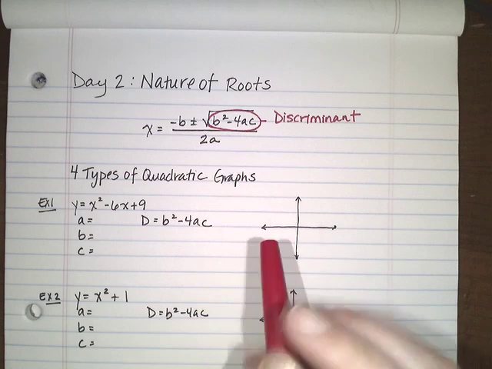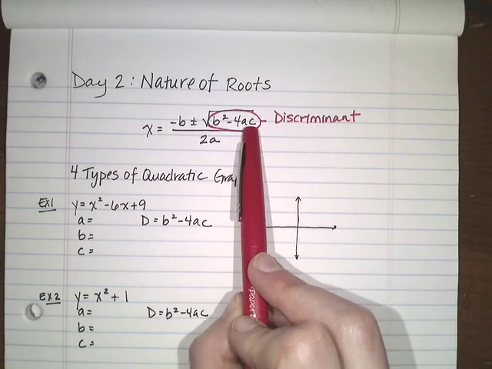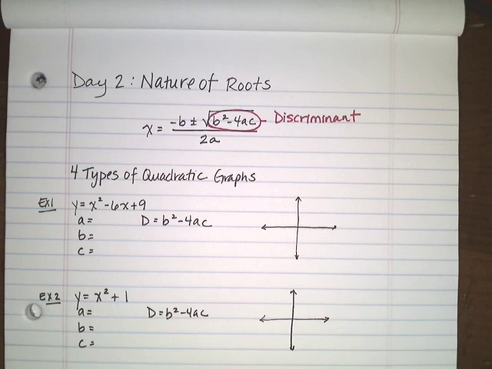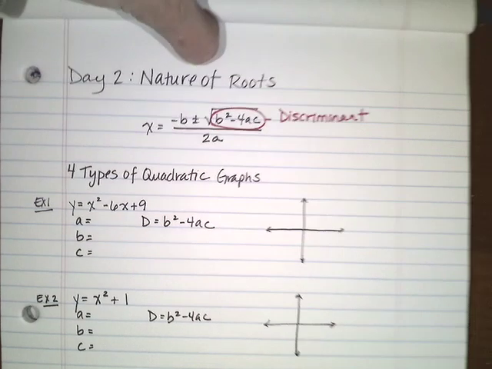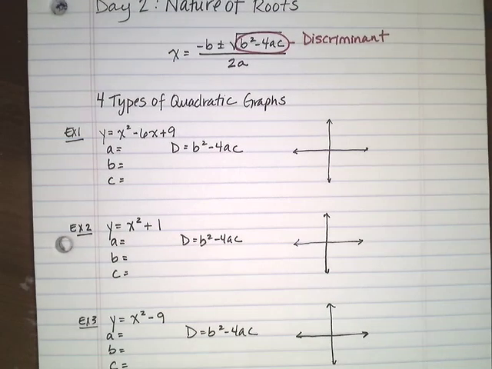Okay, so the discriminant underneath the radical here describes the behavior of how the roots will appear. And that brings us to the nature of roots and 4 different types of quadratic graphs that we're going to